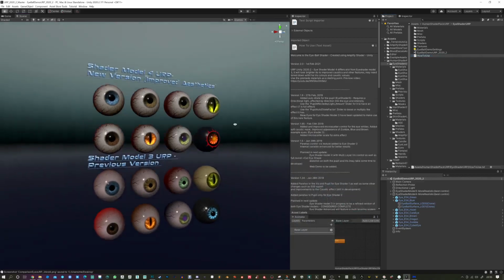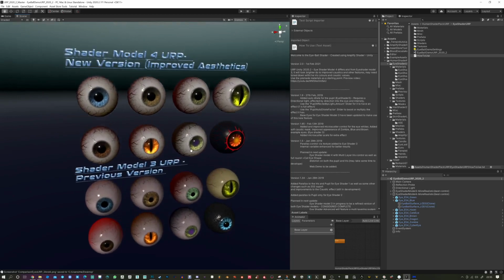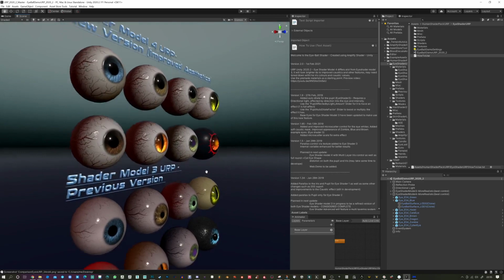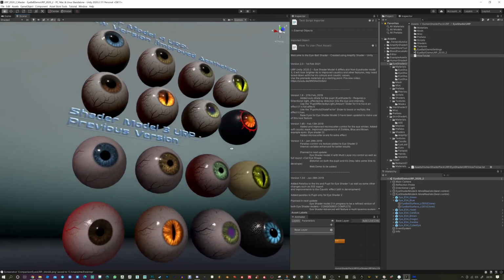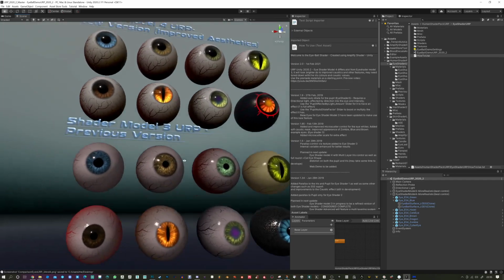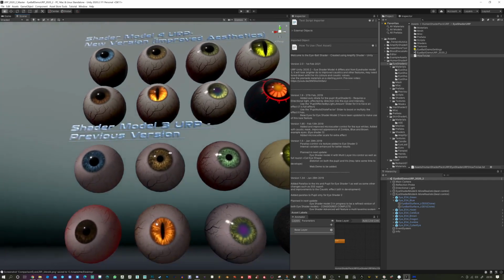Hello and welcome to this update to the Eye Shader. This is now pretty much new and improved over the older shader Model 3. Even though these eyes were pretty good for the time, there were a few defects that I decided to fix,